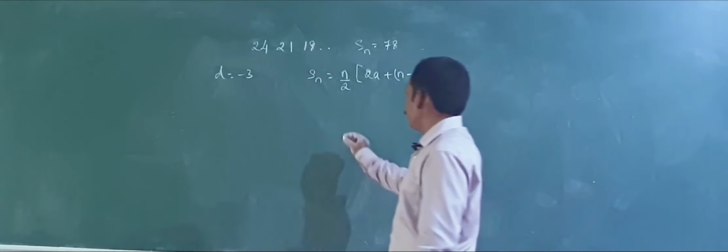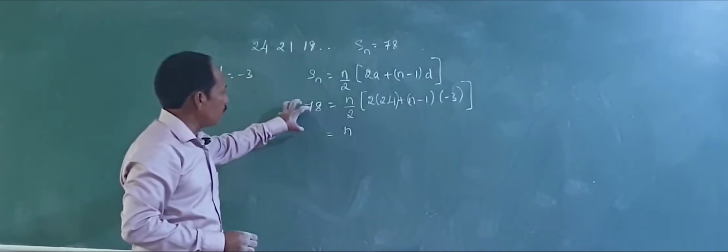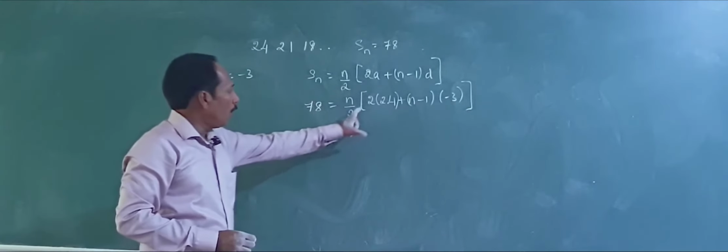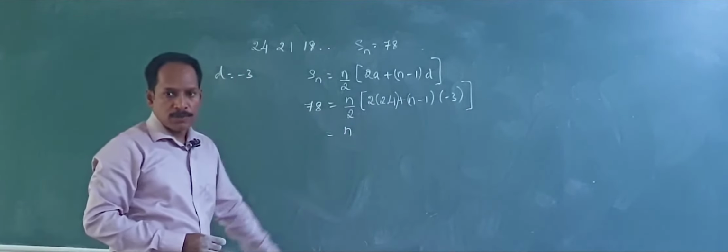So substitute and see what you get. We have to find n. So n by 2 into 2 into a, which is 24, plus n minus 1 as it is, and d they have given as minus 3. So simplify this. Let me write this: n by 2. The sum they have given is 78, and we want to find how many terms are needed. So 78 will be